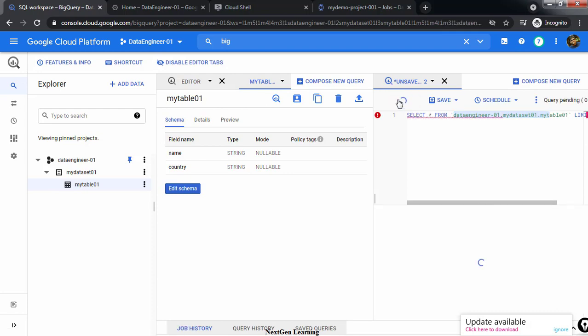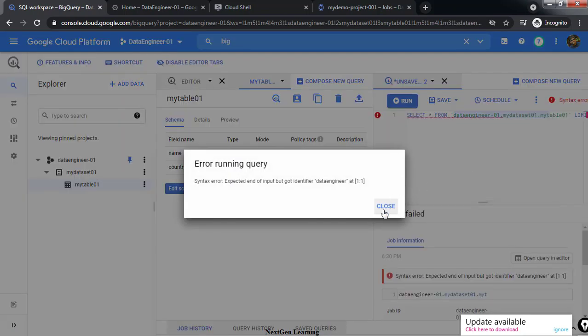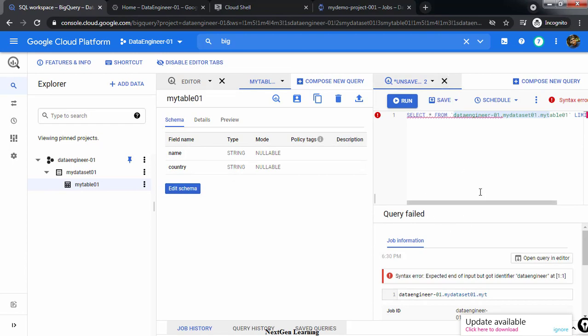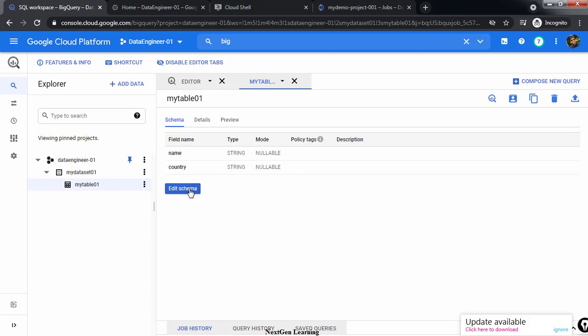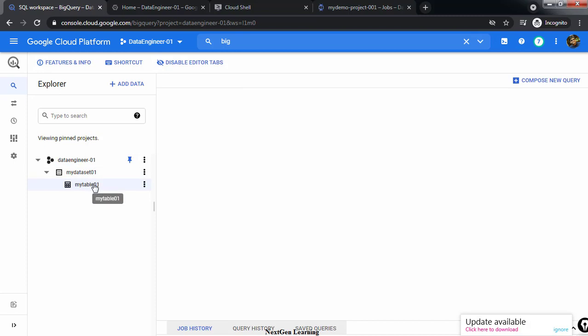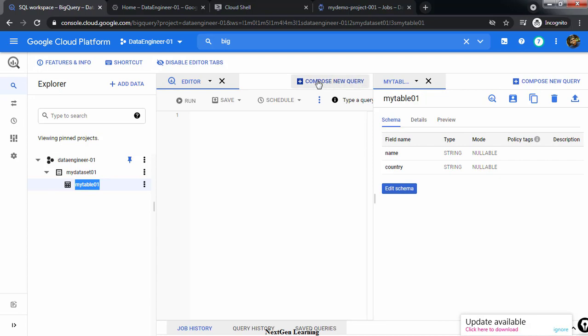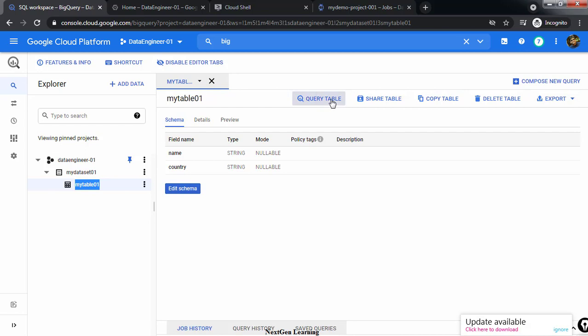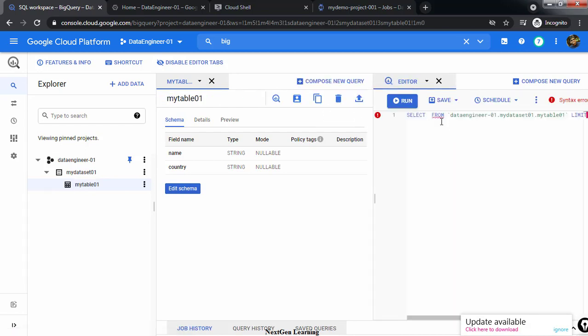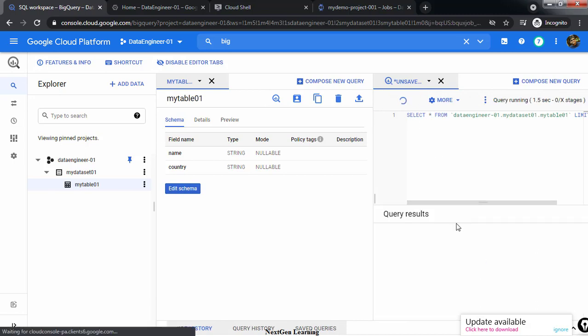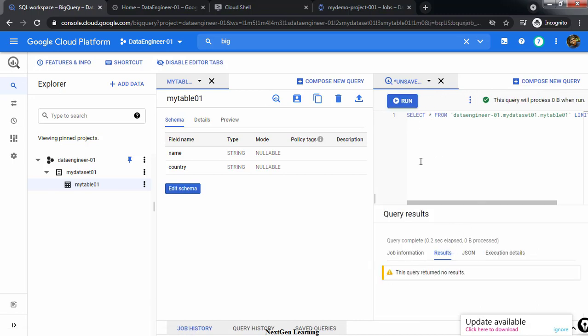There was some syntax error, so I close this and open it again. Okay, query this table: select star from, and run this query. It's not showing any values.